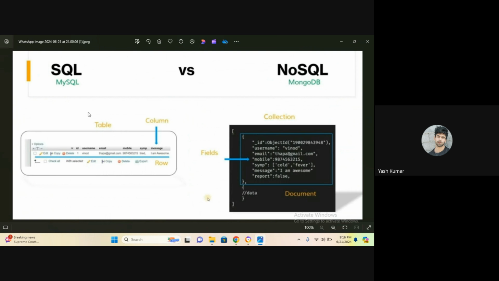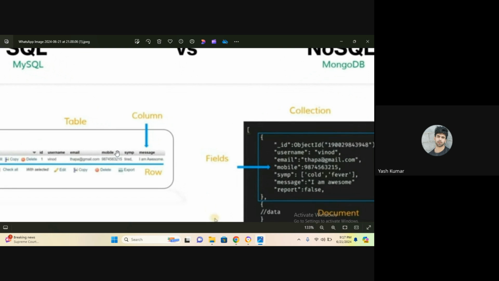Now we will come to this part also. These are the structures of how our data will be stored in MongoDB and in SQL. If we talk about SQL, as I told you, it will only store the relational database, and it will also store the structured database. So whenever we want to add some data in a database,